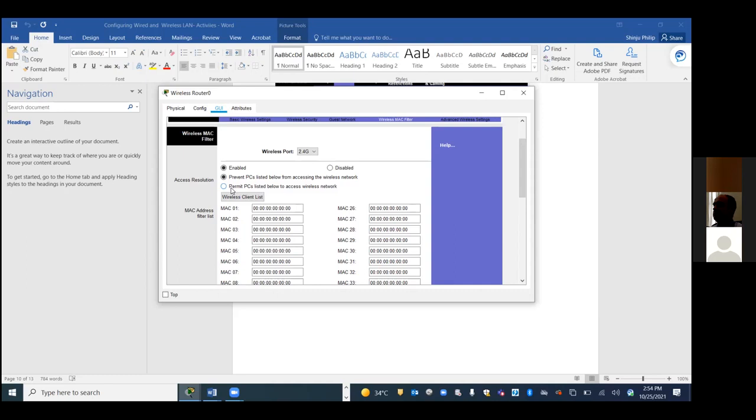Also, your other option, you can prevent or permit. If I select permit, this will only allow the list you provided here. It will block access to all the other machines, isn't it? There are two options, prevent or permit. So what if I choose permit? It will give access only to those machines specified. Correct? If I prevent, understood, right?